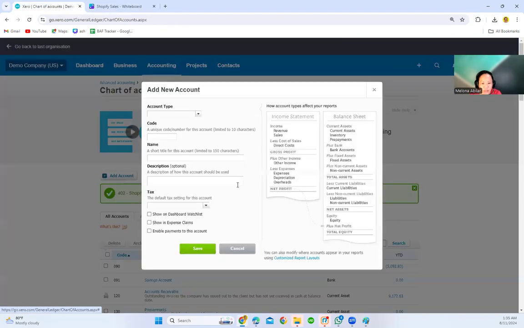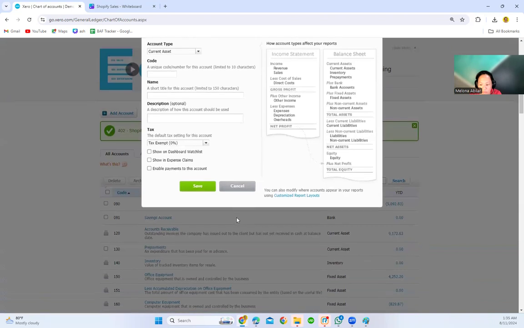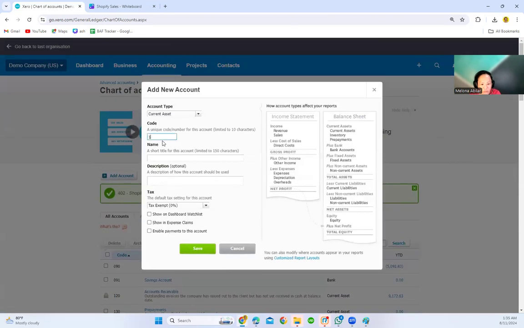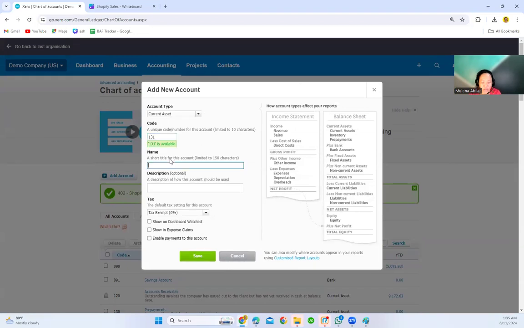And then for the Shopify payments, we are going to create an account. It's a current asset, so we can code it 131 and call it Shopify payments clearing.